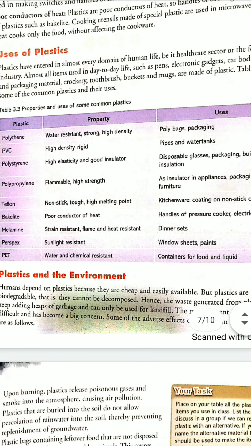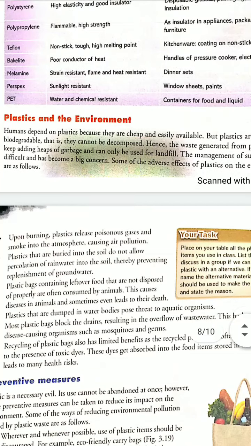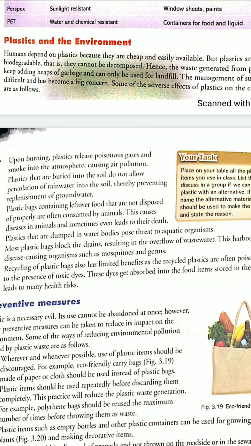Now, I think you are familiar with many of the uses of plastic. Let us see how plastics impact our environment. You know that plastics are cheap and easily available. Easily available means that every person can buy it and use it, but plastics are non biodegradable in nature. I have explained earlier also. Non biodegradable means which cannot be degraded by microorganisms. So once they are made, it is very difficult to biodegrade them, isn't it?